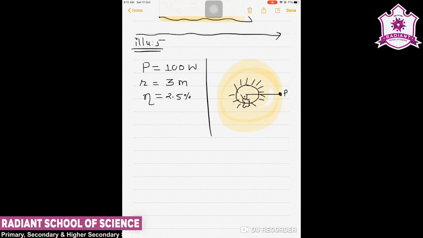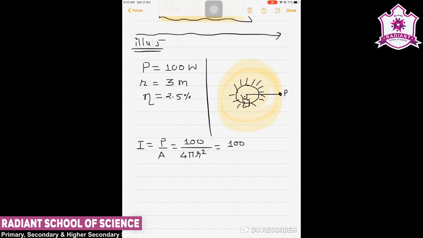Now first of all we can put here I is equal to power over area. We can say power is given as 100, area is given by 4 pi r square. We are given r as 3 meter, so if we put them in,